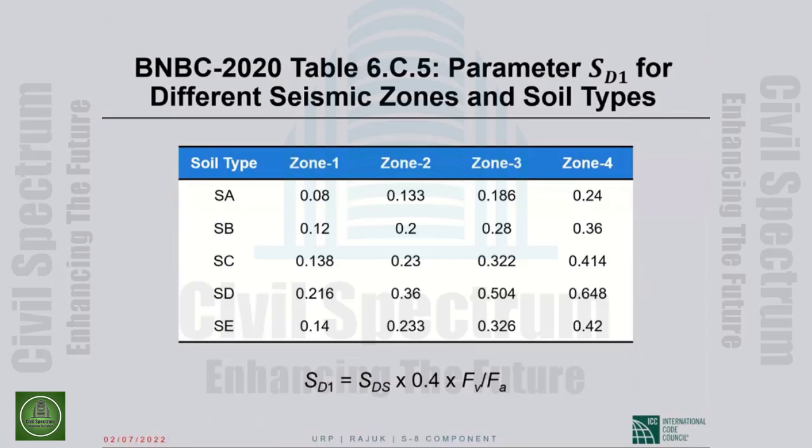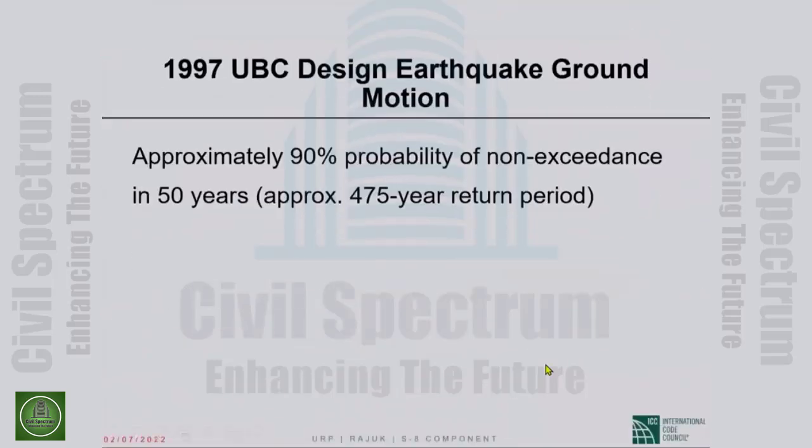Which would mean S sub D1 is S sub DS times 0.4, that's 1 divided by 2.5, times F sub v over F sub a. This is the long period site coefficient divided by the short period site coefficient. That should be obvious to you if you think a little bit. I don't have to spend time on that. Okay. Now,